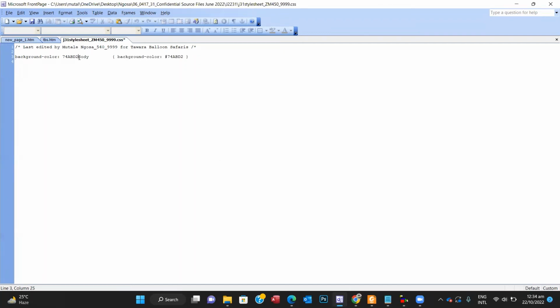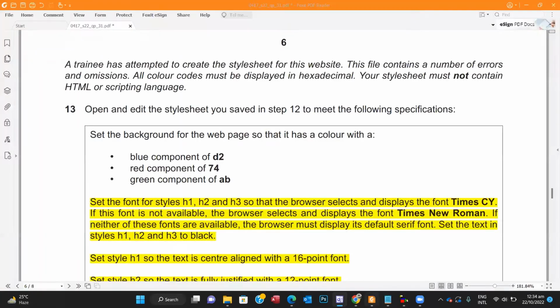Now you can see that this code has been generated. That says body, and then these are the specifics for the body. Okay. Click enter to go to the next line. Next,